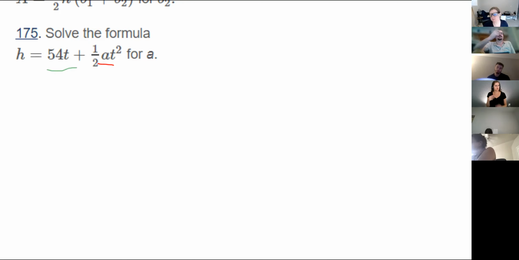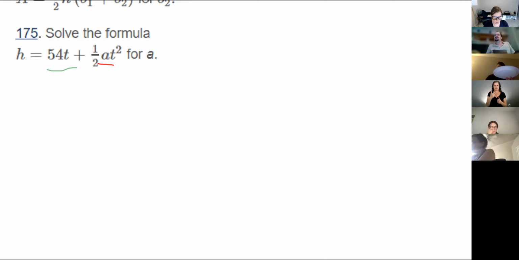Yeah, so some people have more difficulty with this, but if I'm looking at this, I have something like A, and if I were to plug into A, I'm going to multiply it by half first. I'm going to multiply by that T squared first. And then I would add that 54t. So when we start solving for variables, it's kind of like we're working backwards from what we would do if we plugged a number into that thing. So the last thing we would do is add that 54t. So the first thing we're going to do if we want to solve it is